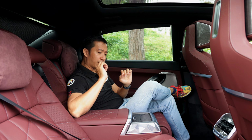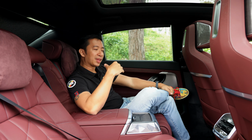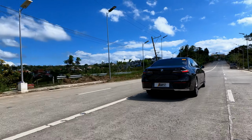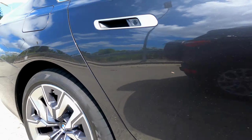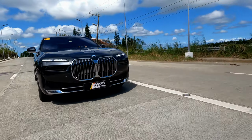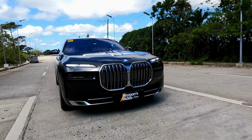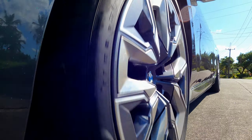Now, what else do we have here? When it comes to the ride itself, I got to ride here at the back seat a few times during this press car lend out, and I must say, the ride quality is really, really good. Since this is a full EV, we don't get any vibrations here in the cabin. We don't have any noise from an internal combustion engine. So,